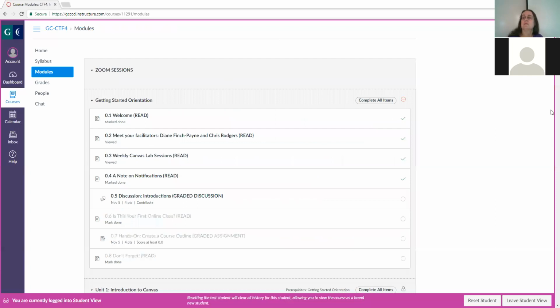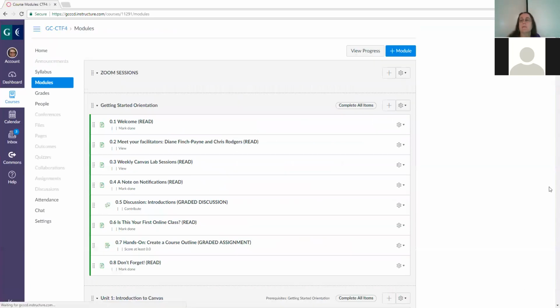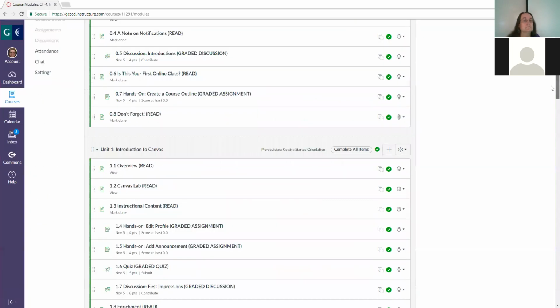Okay, so getting started orientation is the first module. Right, and then unit 1. Can we leave student view? Yeah. So when we're looking at student view now, if we go down to unit 1, introduction to Canvas, now